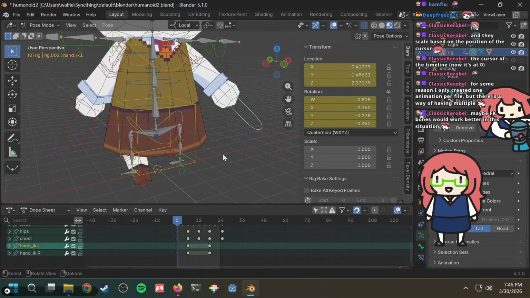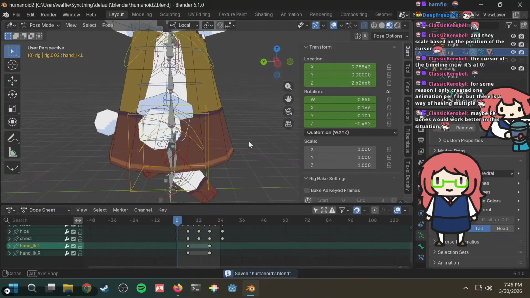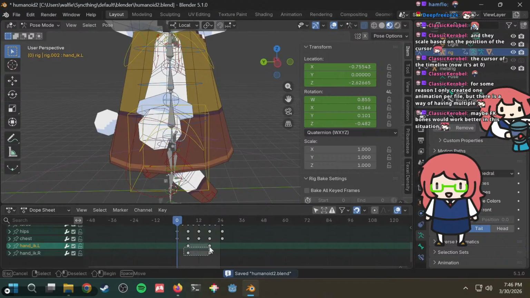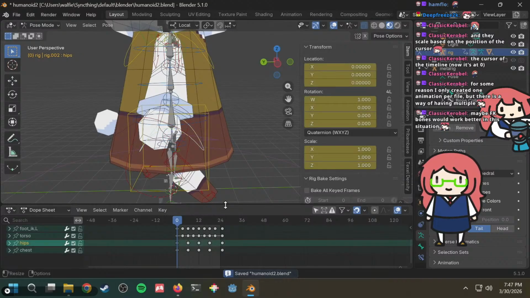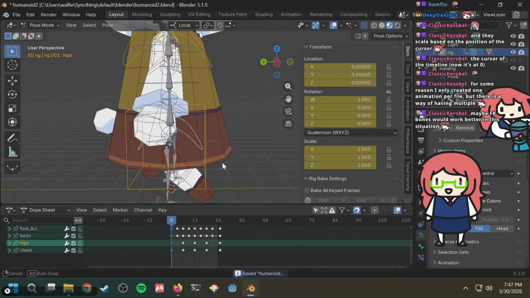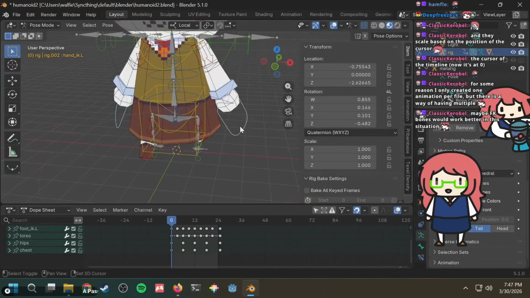This is a bit annoying. Let's delete these. You know what? Let's delete these also. You're telling me, okay, so if we do forward kinematics, let's also reset this one. Reset these.